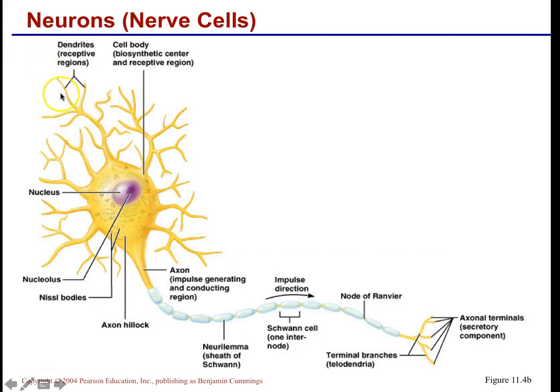Your electrical stimulation goes from the dendrites down to the axon, which is kind of a straightaway, to the nerve ending, which is branched and releases neurotransmitter into that gap between neurons called the synapse. It does have a nucleus, and the nucleus is needed to make things like neurotransmitter. The axon is this straightaway.